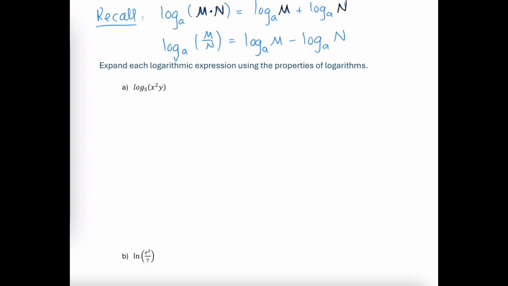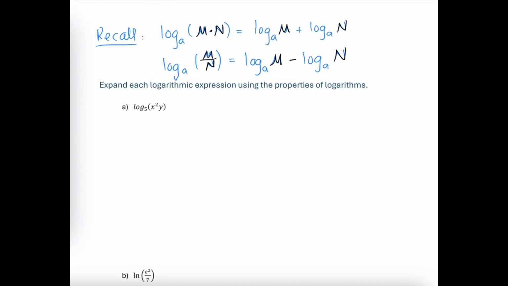So the first logarithm is going to contain the value that's in the numerator, or the top, and then we're going to subtract from that a logarithm containing the second value, or the bottom, or the denominator of that original logarithm. The third property that we're going to be employing here is the power rule, and that says that